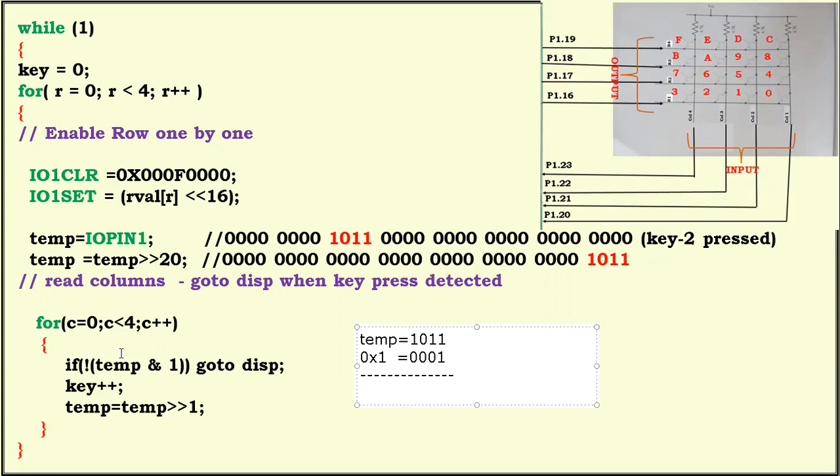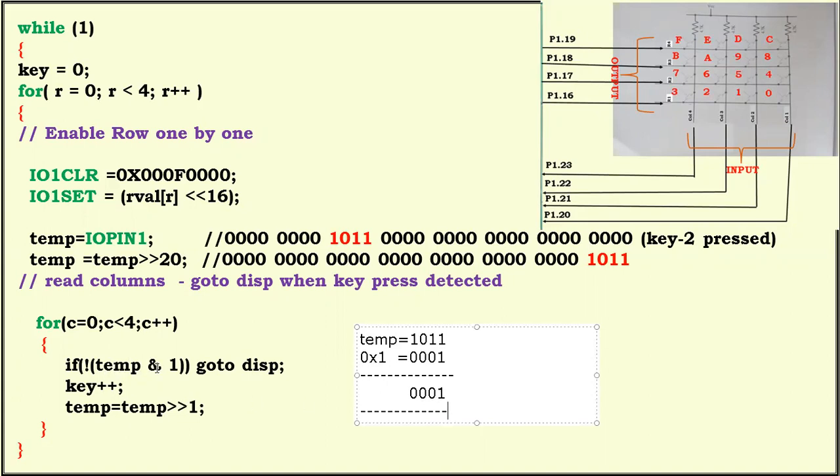Okay, now multiply the content of temp with 1. This is logical multiplication, the bitwise AND operation. Therefore, 1 into 1, 1. Here 1 into 0, 0. Here 0 into 0, 0. 1 into 0, 0. Therefore, what is the output of this? We'll get 0 0 0 1. Now this is the output of this particular thing. Now the whole expression, this complete expression, is replaced with this value. That's non-zero. It's not zero. 1 means what? Non-zero value.